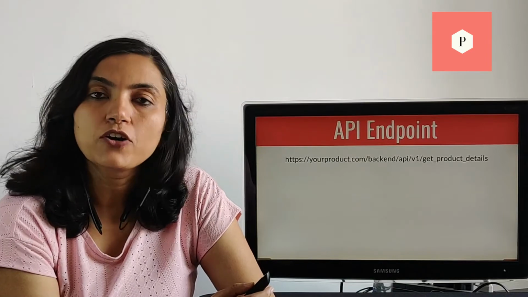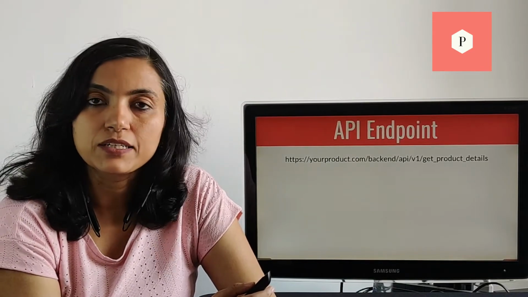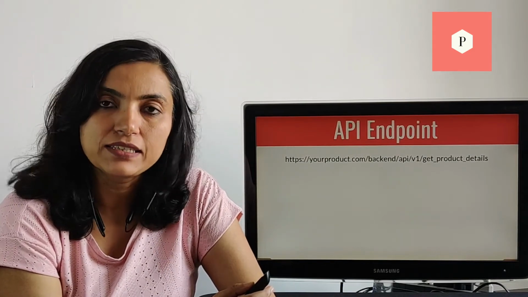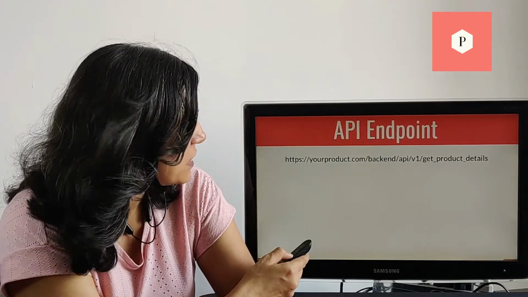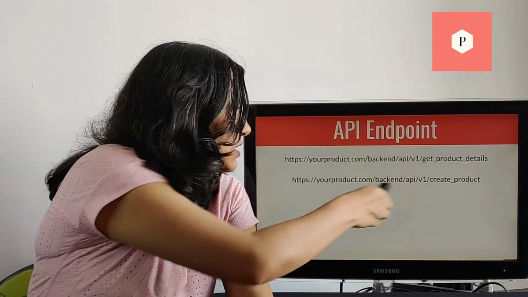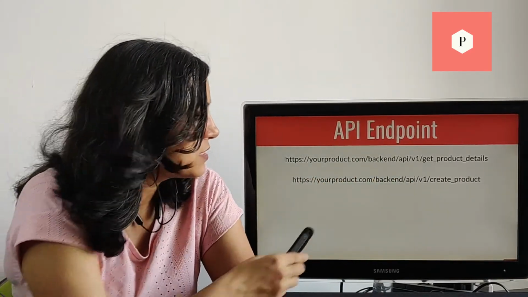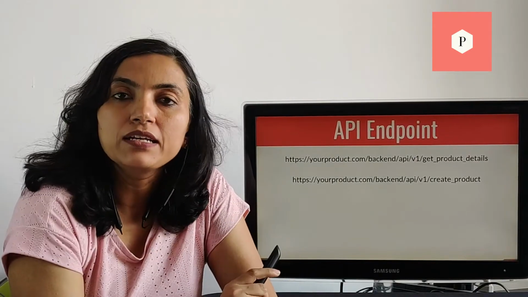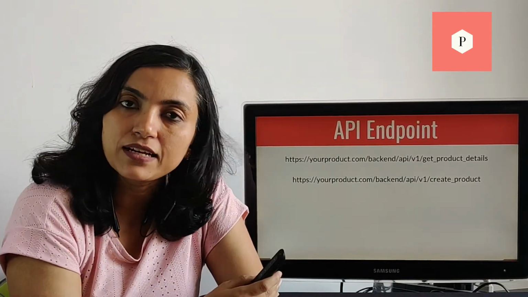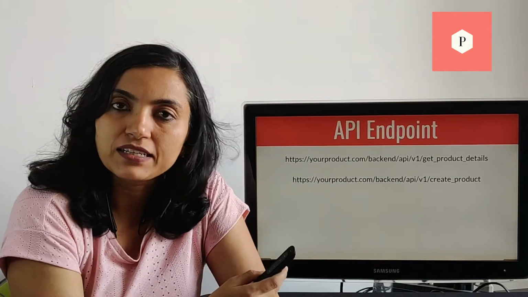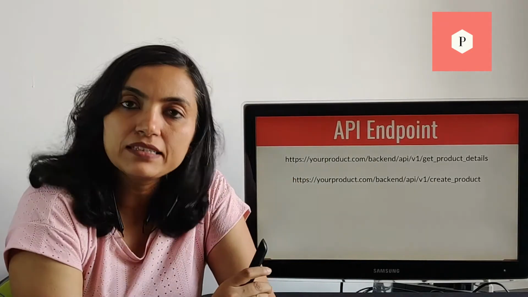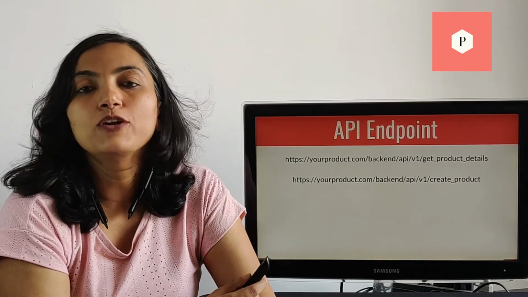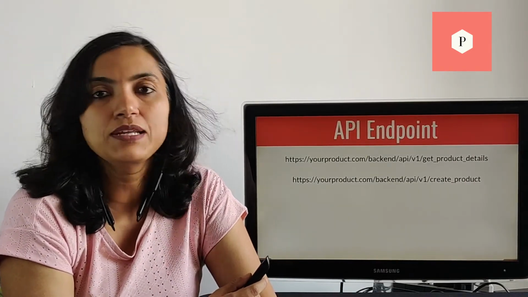Another part of an e-commerce product can be the seller's interface. This piece will allow sellers to create new product in the system. In order to facilitate this, the backend will expose another API endpoint like this, which allows creation of the product. When this API endpoint is hit by the front end of the seller interface with product data, then the backend will create that product and send a success response. In the response, it can also include the ID of the newly created product.